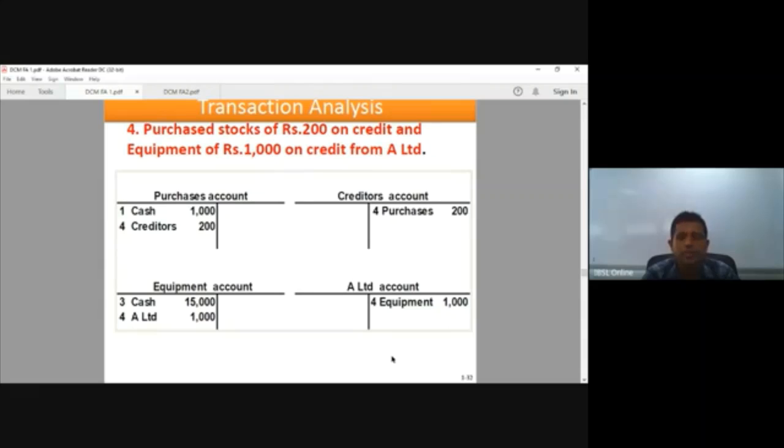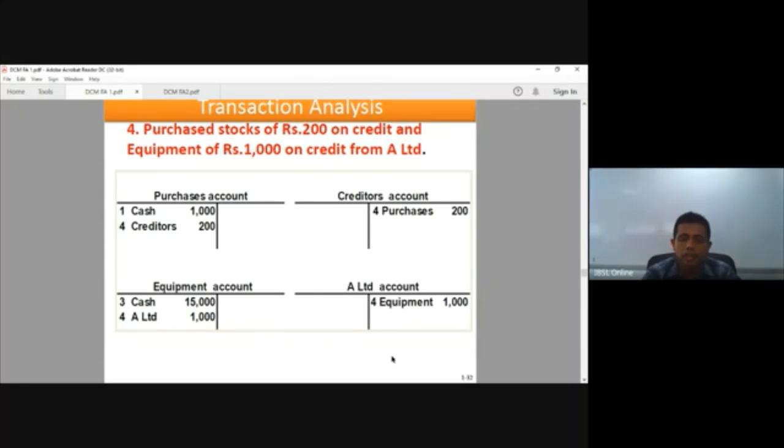If I summarize those two transactions again, first transaction, credit purchases. Whether it is credit or cash, we have purchases. Purchases is an expense increase. Therefore, we have to debit that expense account. Then, since we are not going to pay cash, we have committed a liability. That liability's name is creditors. Increase in liabilities, we have to credit that account. Therefore, we credit the creditors 200.